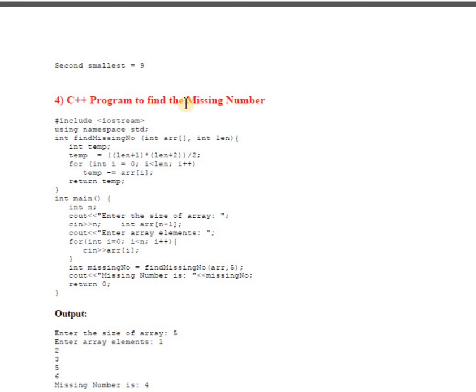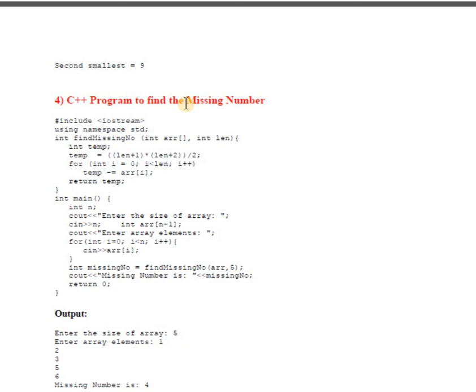To understand this program, you should know about the for loop and functions. In this program, we ask the user to input the size of the array first, which means the number of elements the user wishes to enter, and after that the user is asked to enter those elements in increasing order, without missing any element. That means this program finds the missing element.